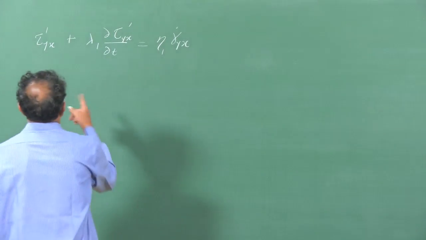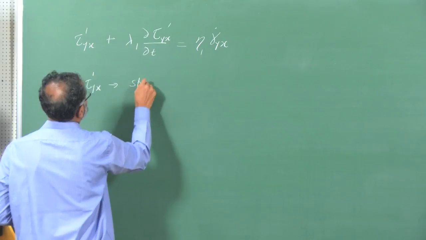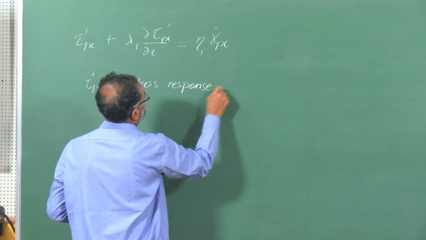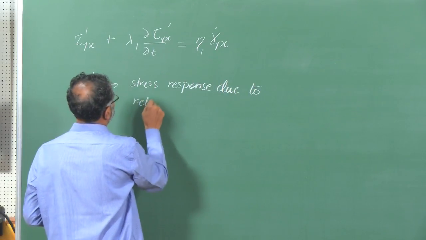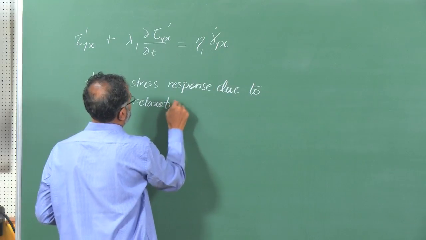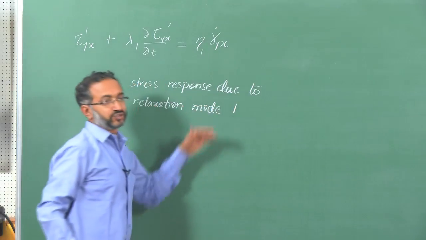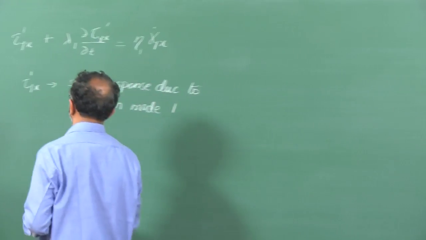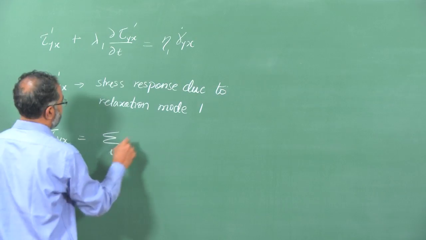So, therefore, this tau yx1 is the stress response due to relaxation mode 1. And so on. So, we have several such modes. So, each of them give us a response, and the overall stress response is nothing but summation of all of these